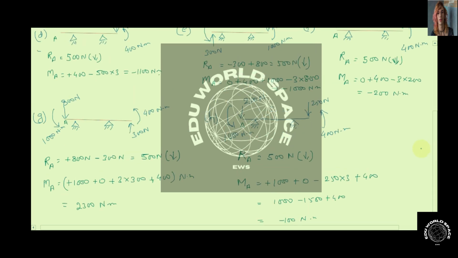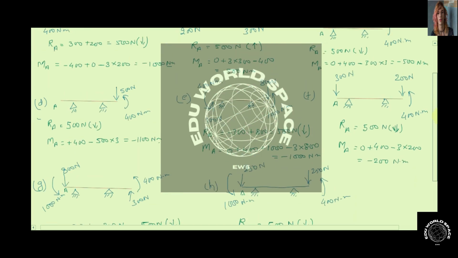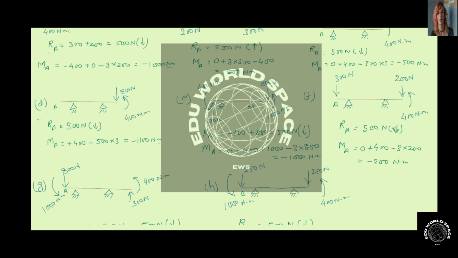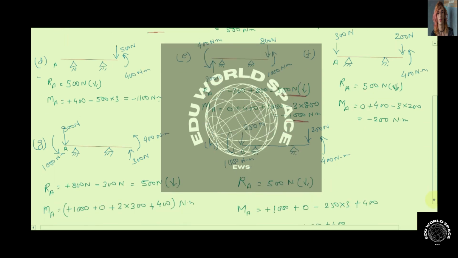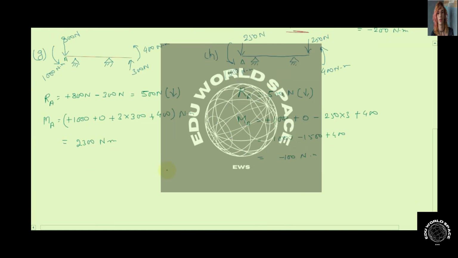So if we observe the magnitude and direction of force and moment, then we see that in part A the reaction is 500 Newton downward and moment is minus 1000 Newton meter. And if we observe part E, the reaction is 500 Newton downward and moment is minus 1000 Newton meter. So apart from these two, none of them have both the same value by magnitude and direction. So A and E is the only system here that is equivalent to each other. So part B will have the answer A and